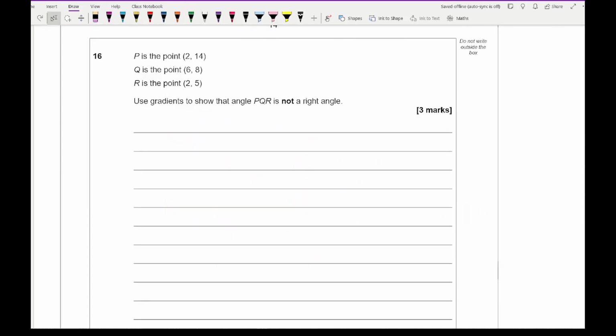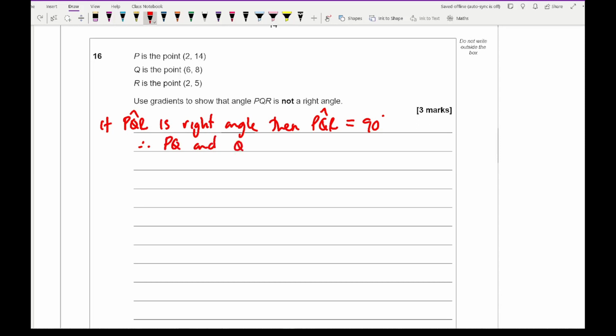Moving on to question 16, it says that P is the 0.214, Q is the 0.68, and R is the 0.25. Use the gradients to show that angle PQR is not a right angle. Now, what I'm going to do here is state what rule I've used. Whether you get marked for it depends on the mark scheme, but I'm going to say that if PQR is right angled, then angle PQR is going to equal 90 degrees. Now, if that is the case, then PQ and QR are therefore perpendicular,